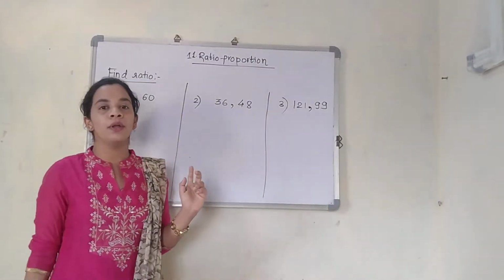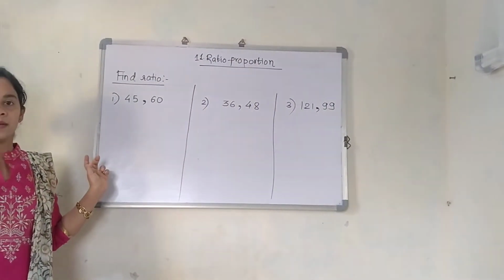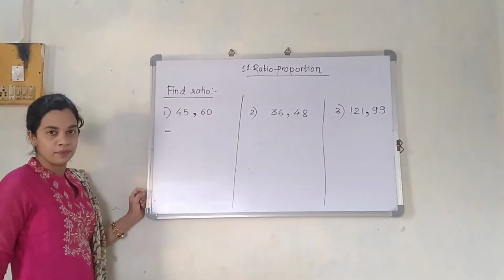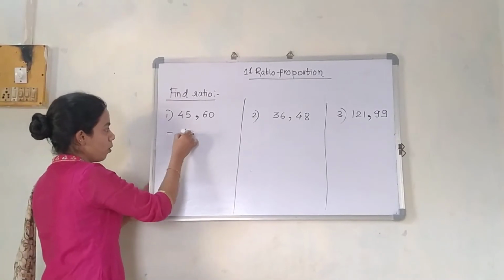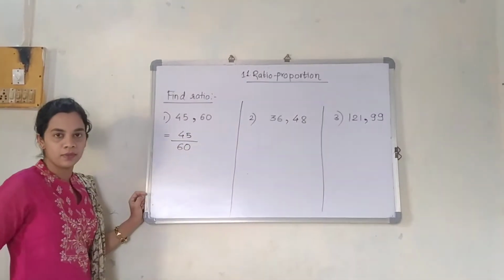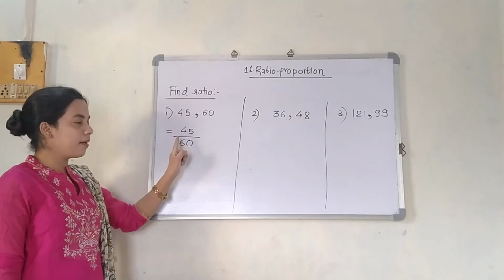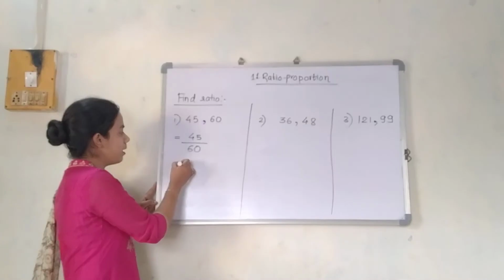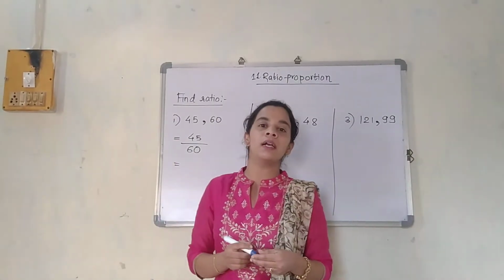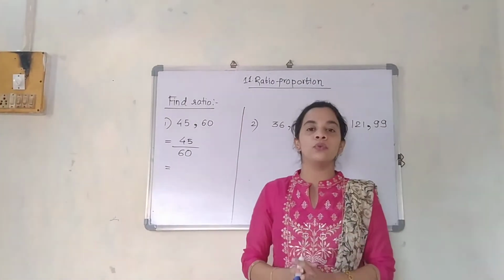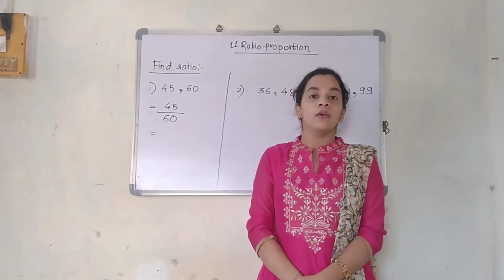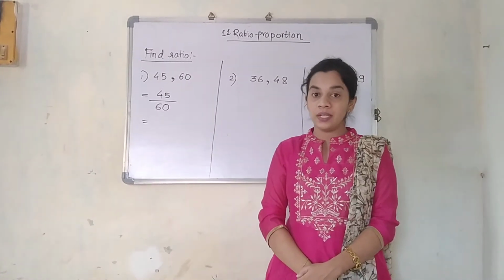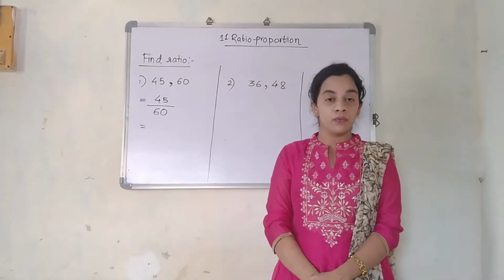Okay. So right now we are going to find out the ratio over here. For finding out the ratio, we are going to write the equal to sign. 45 will be present on the top and 60 will be present over here. What I did, this 45 I have written on the top. Why? Because it is first, and 60 I have written down. Now tell me, 45 and 60, they are commonly coming in which table? For this you require tables thoroughly learned. 45 and 60 are coming in the table of 15. 15 threes are and 15 fours are.